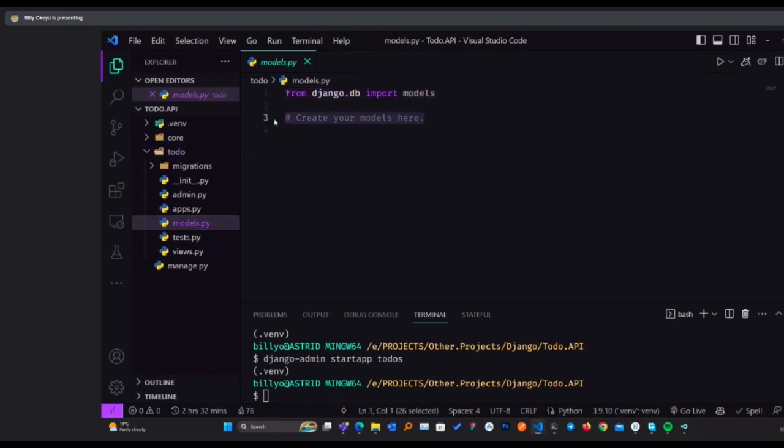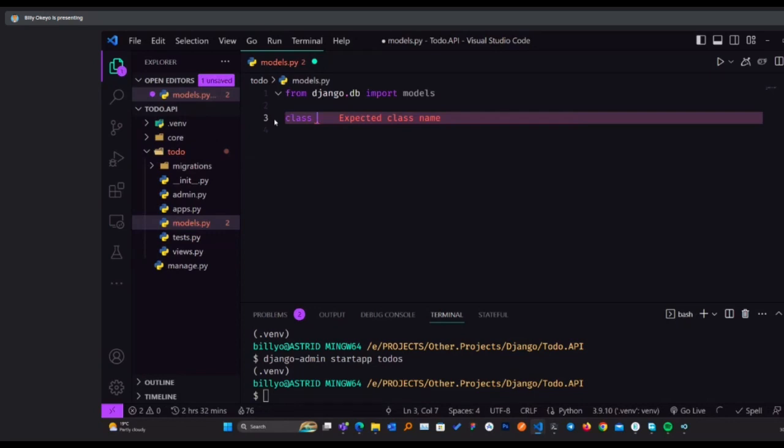For a to-do app, I'll create a class, using some bits of object-oriented programming here. I'll name this class TodoItem probably, which will borrow from models.Model. Models has been imported here: from django.db we import models. Then within models, you're interested in the Model class, so that's what you're calling here.